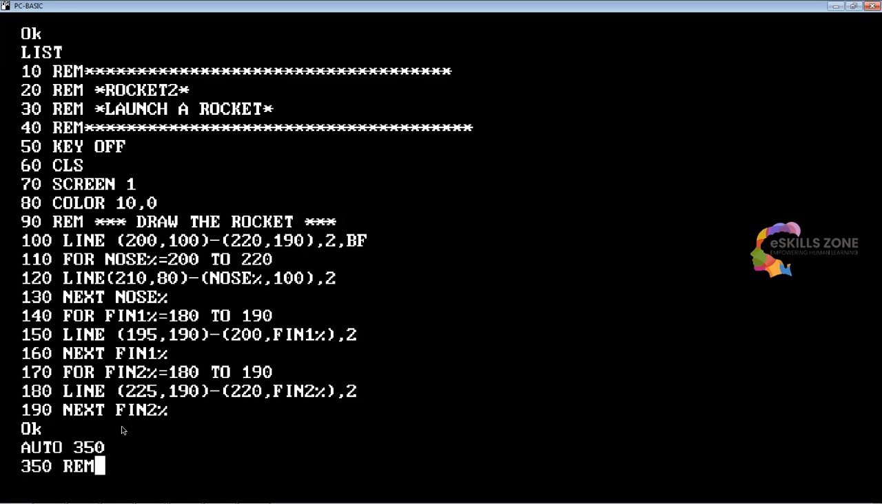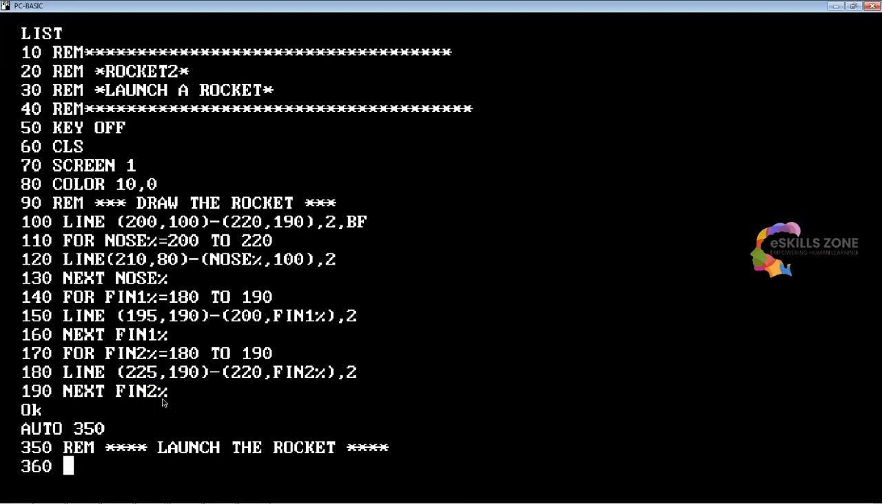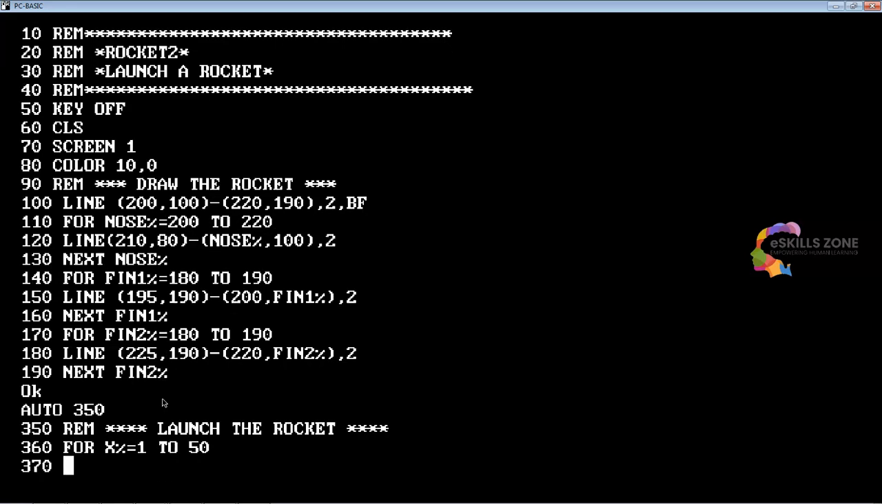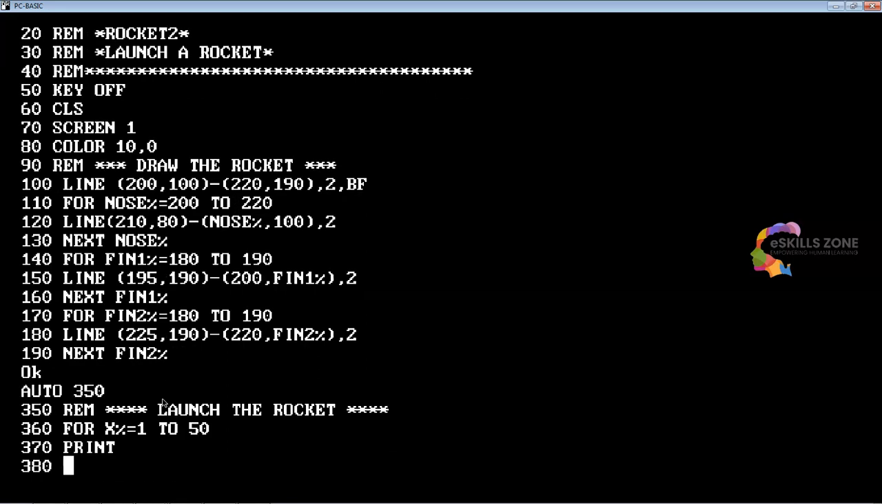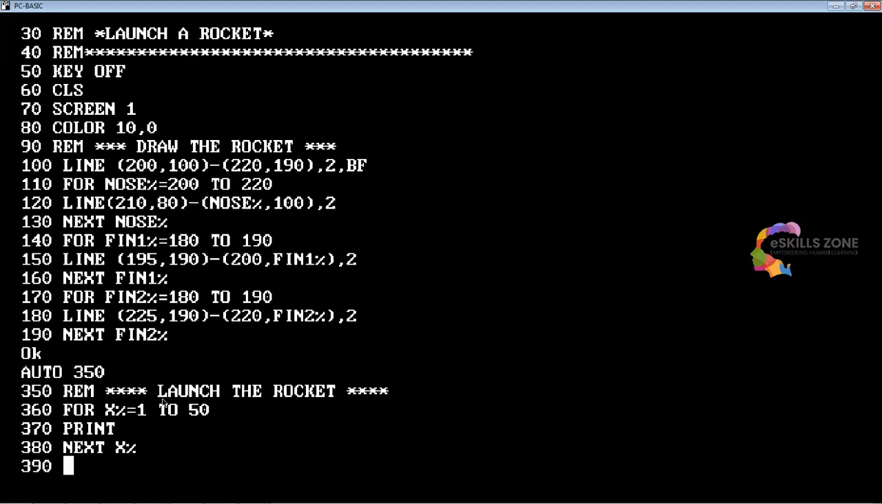Here I will type REM, and then an asterisk, 1 2 3 4, an asterisk, and type launch the rocket. The statements I'm now going to type after line 350 will be used to launch the rocket: FOR X% = 1 TO 50, and in line 370 I'll type just a PRINT statement. In line 380 I'll type NEXT X%, and then in line 390 I will type END,